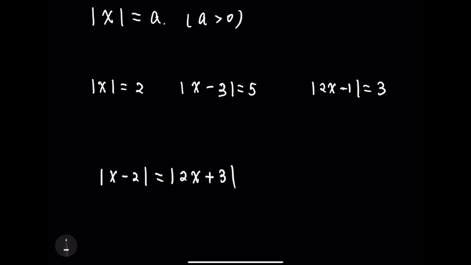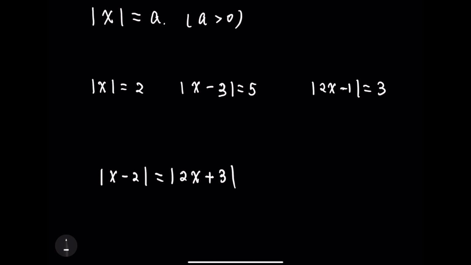Okay, how do we solve absolute value equations? The first question I put in here is absolute value of x equals a, where a is a positive number, because the absolute value means the distance to the origin. So of course the distance has to be a positive number or could be 0. So when we have the absolute value of any number equal to some number, for example 2, it means that